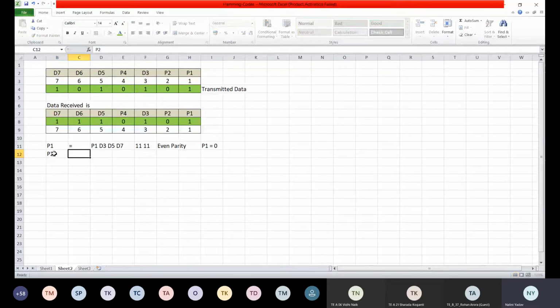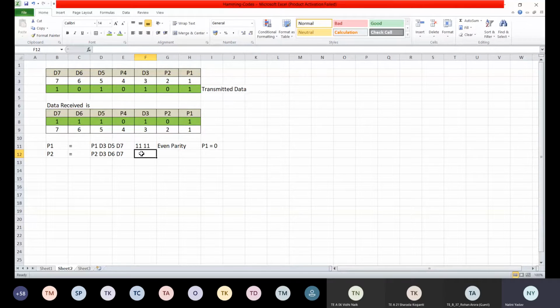How do we calculate P2? For the calculation we take P2, then we have d3, skip two numbers, so the fourth and fifth positions are skipped, and then take d6 and d7. So this is how P2 is to be calculated.